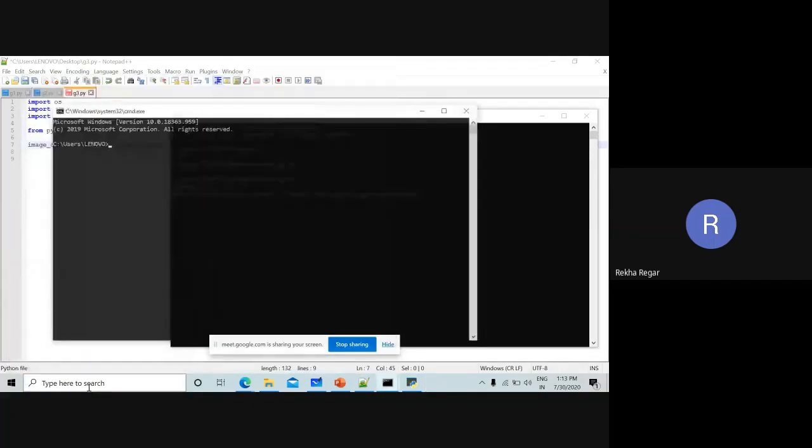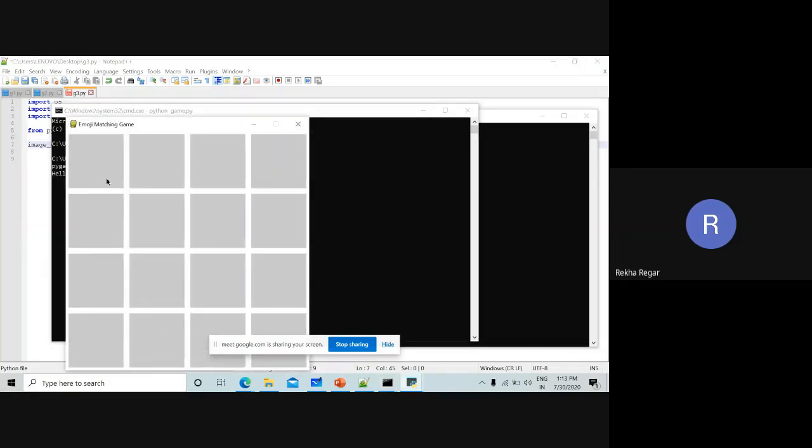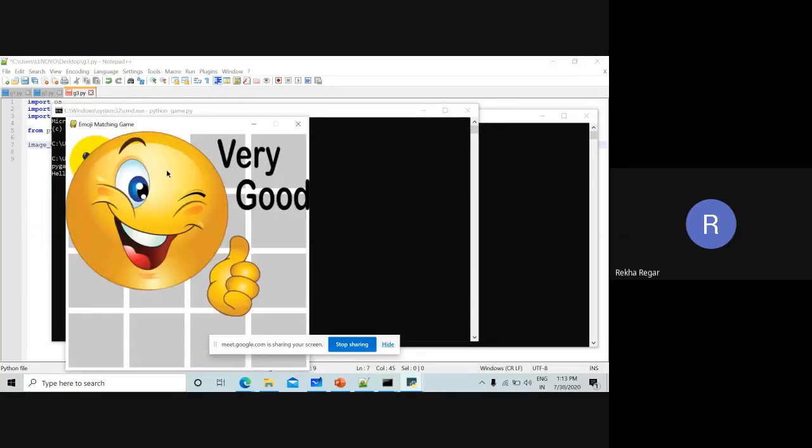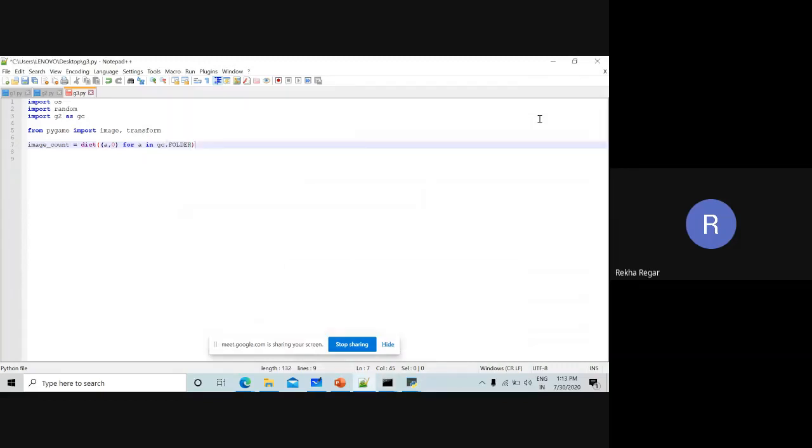Windows R, game dot, cd desktop, python game.py. So here you can simply see that the same type of images is only two. It means the same images must be two. So we have to take the same images unless the image count must be two.